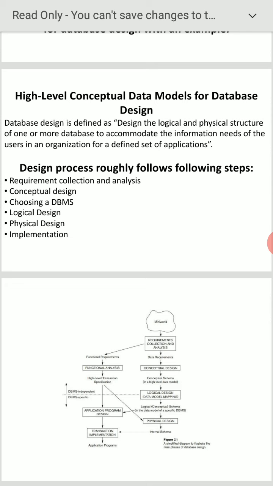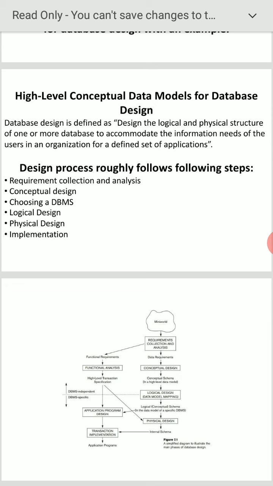First, we have to study the existing documents, and then only can you get new design ideas. Analysis of the current operating environment: what type of operating environment they are going to use. Response to user questionnaires or analysis. These are all activities that come under requirement collection and analysis.